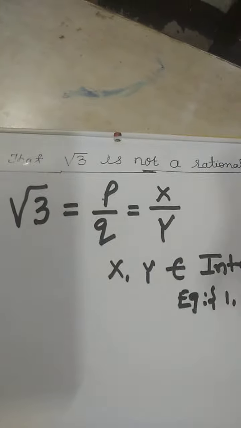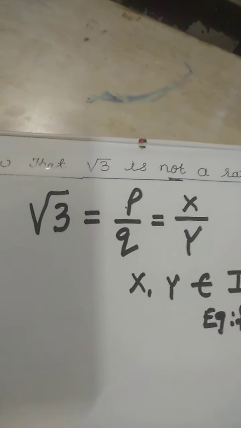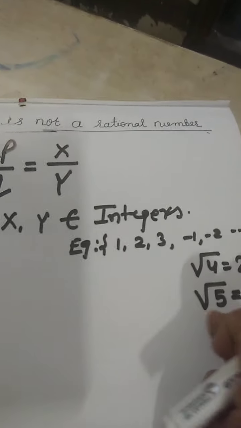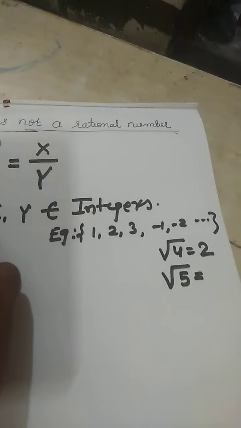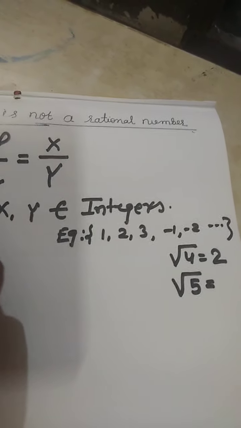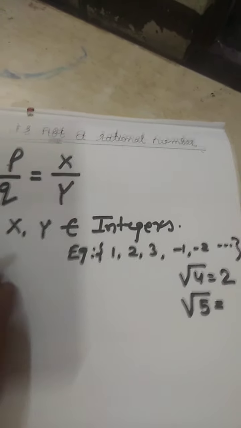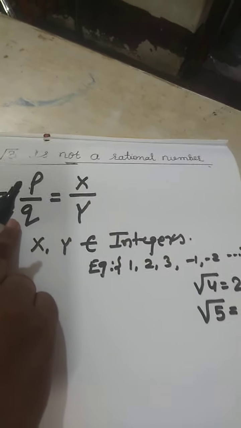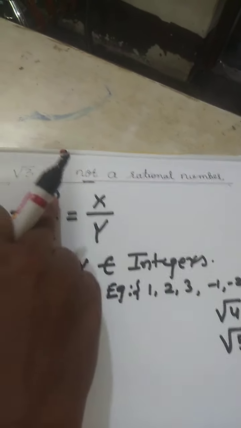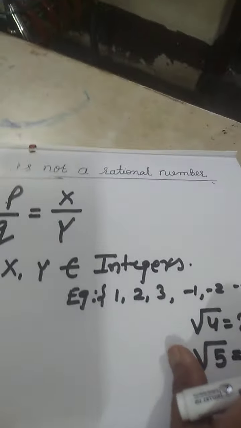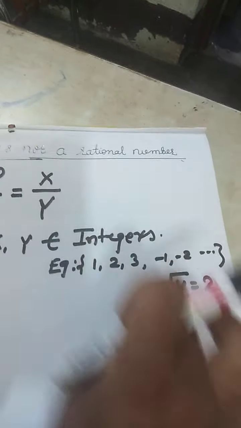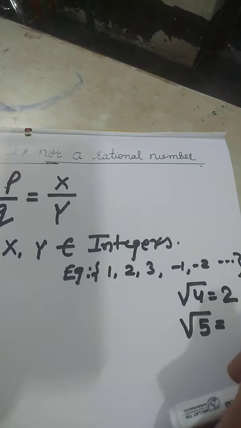Sometimes children get confused, they don't know anything. Please make sure this is an integer. So we are not going to place the square root which will not give the perfect value, the integer. We will place root 9, root 16, root 25, which are integers, or in general we will place 1, 2, 3, 4, 5. So this is my first basic need about this question. We understand what X and Y are: X and Y are integers.